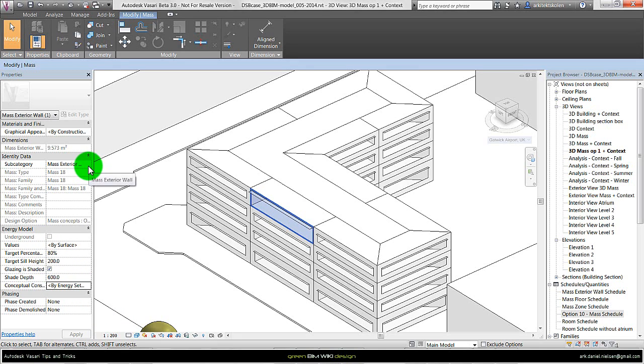And for some very special cases, you can actually also change the subcategory. This is a mass exterior wall. If it was a very blobby or curved shape, sometimes it cannot understand if it's a roof or a wall, then it's possible to change this so it has other kinds of properties, because there are other heat losses through a roof